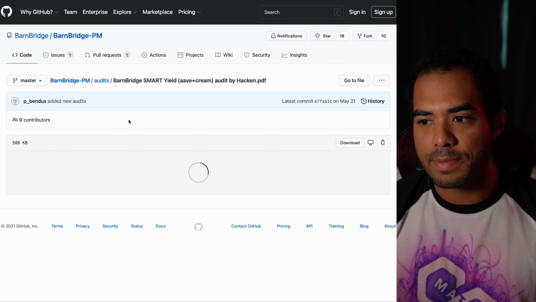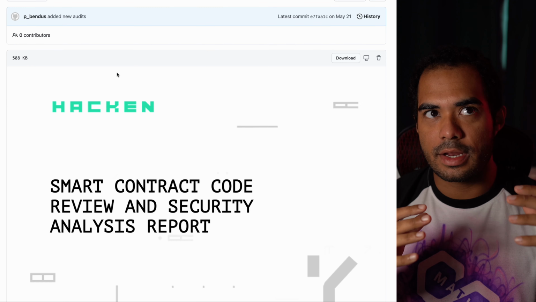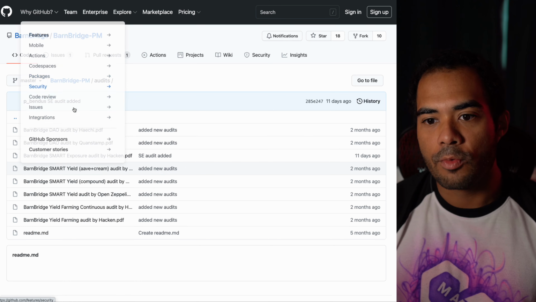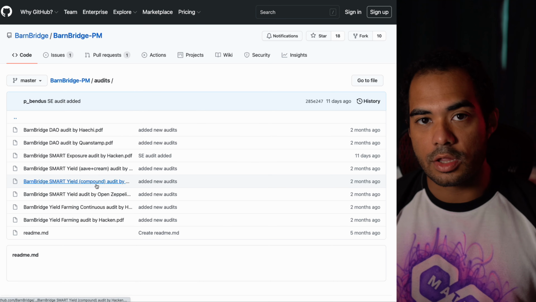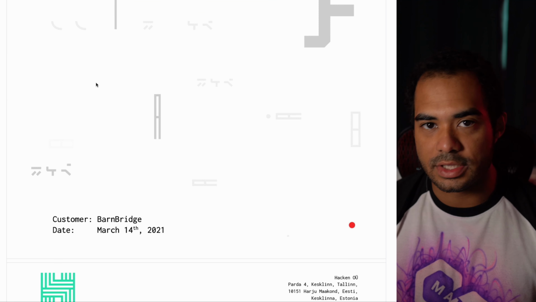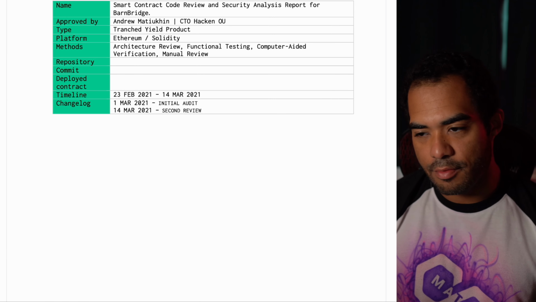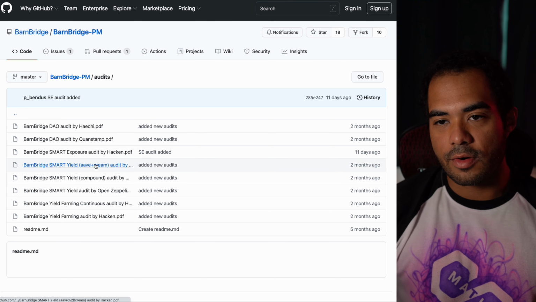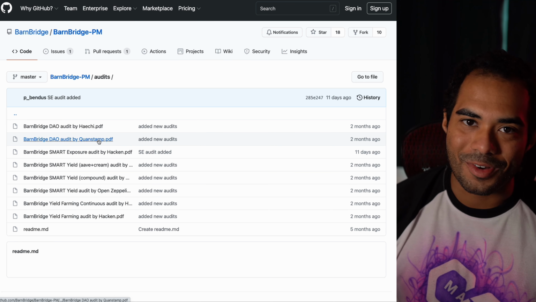Just keep that in mind, especially because smart contract risk always, I guess you could say, heightens itself when you have protocols interacting with other protocols, right? It's different when a protocol, for example Aave, is just kind of dealing with itself, right? But in this case, BarnBridge is dealing with Aave, Compound, and other ones. So not only do you have to worry about the BarnBridge protocol, you have to worry about the Aave protocol, or the one underlying.